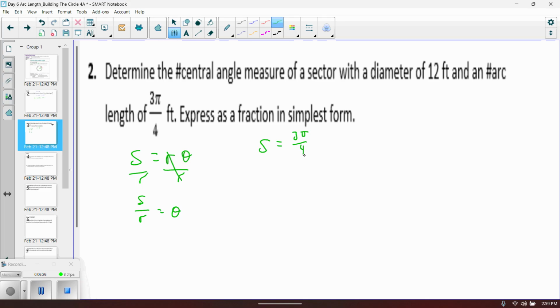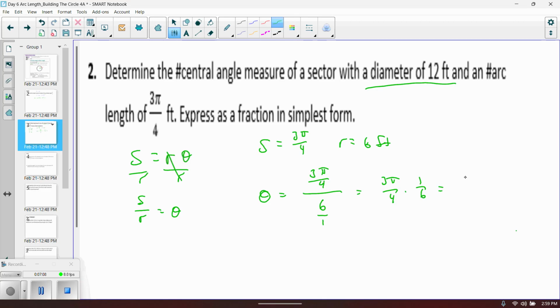Do we have the radius? Well, not quite. They give us the diameter is 12 feet, but we know the radius is half of that, which gives us a radius of 6 feet. So our theta is going to be S, which is 3 pi over 4, divided by 6. When you divide fractions, remember we can make 6 over 1, you multiply by the reciprocal. So this is the same thing as 3 pi over 4 times the reciprocal of 6, which is 1 over 6,